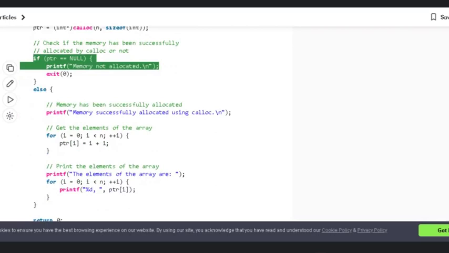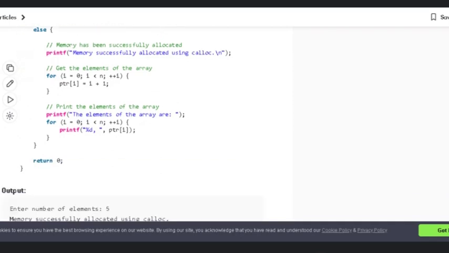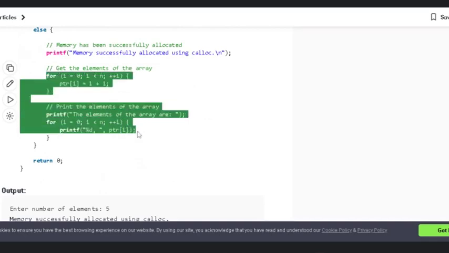If the pointer returns a null value, then no memory is allocated, and if it does not return null, then sufficient memory is available and it will be allocated using calloc. The rest of the statements are the same for assigning values to the array elements and then printing them, right?